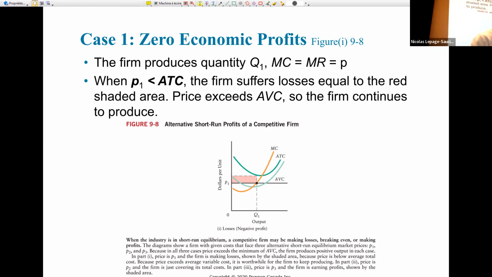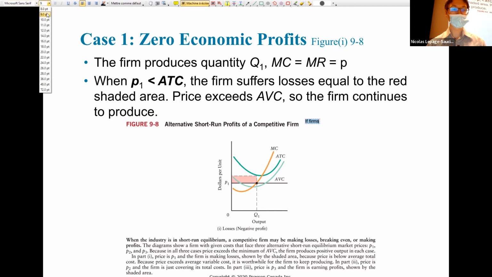Yeah, exactly. So if firms have negative profit,